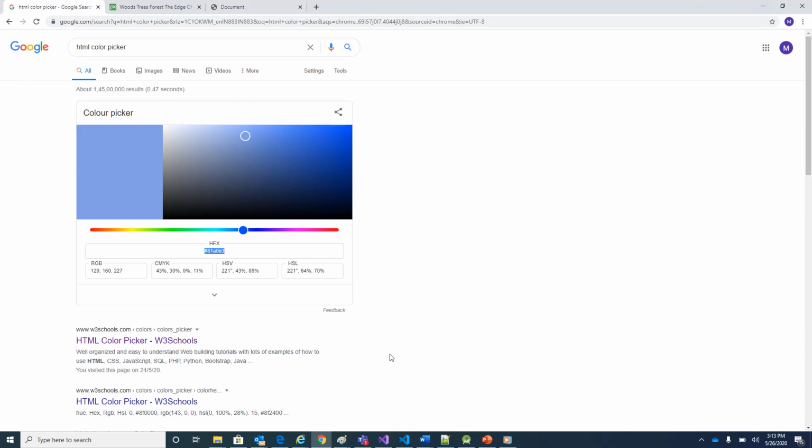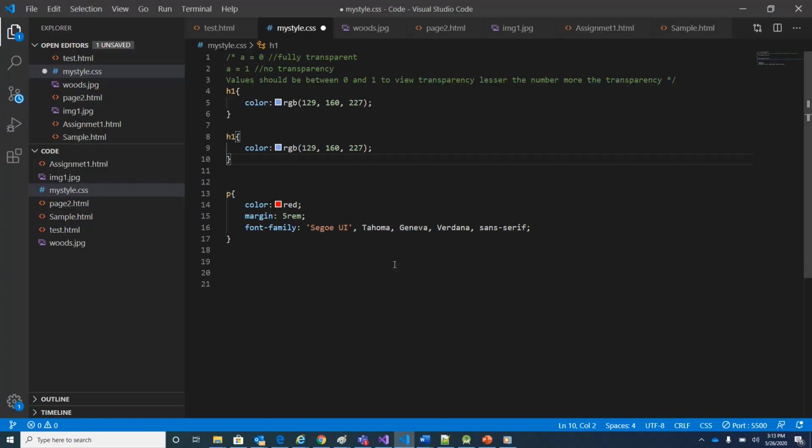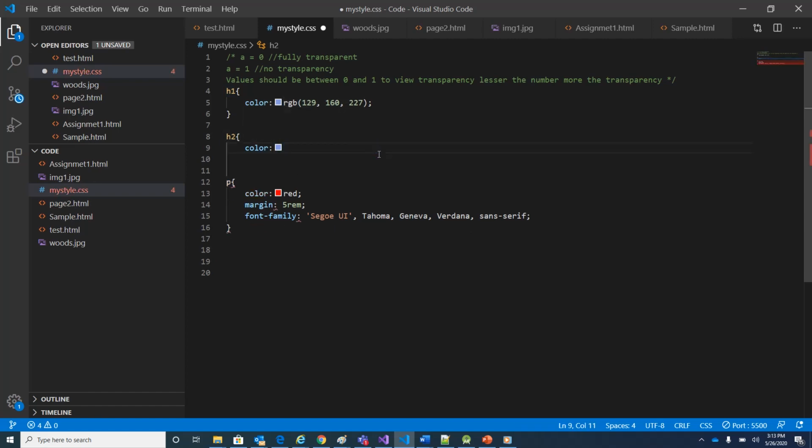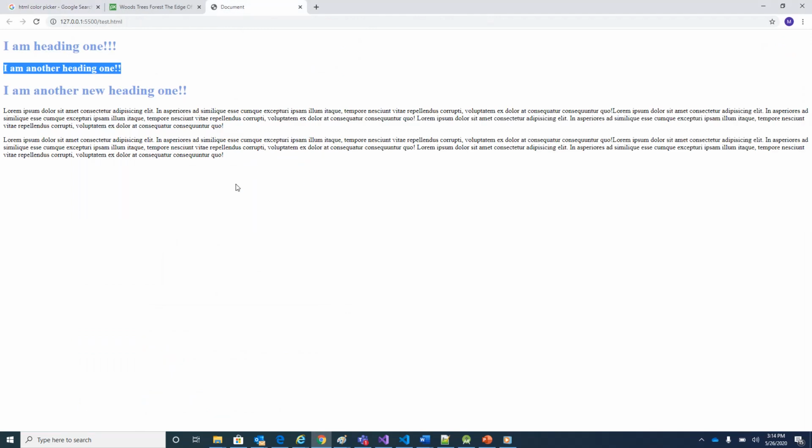I'll copy that and paste it here for H2, so that my H1 and H2 both are applied as same style. If I save the changes and you see, now style is the same. The color is the same basically.